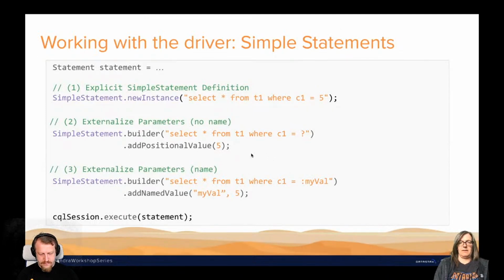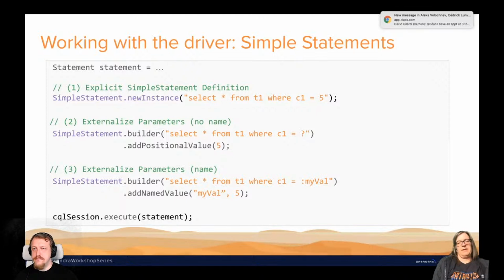Where you can say, I'm just inserting a question mark here and then add this positional value, insert the 5 in place of the question mark. Or you can name your value and then add the named value in order to insert that. And that's definitely a recommended practice, right? So that you can secure yourself, for example, from some kind of injection attack or something.